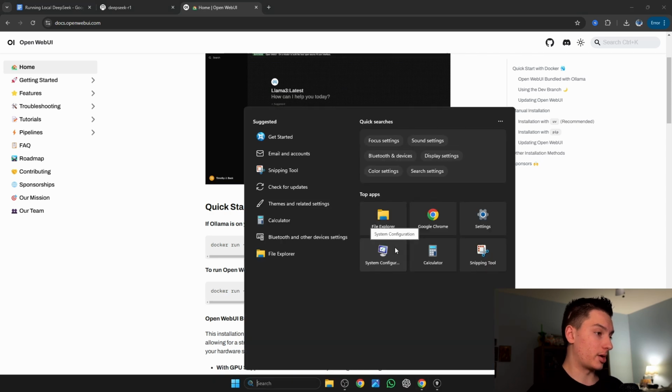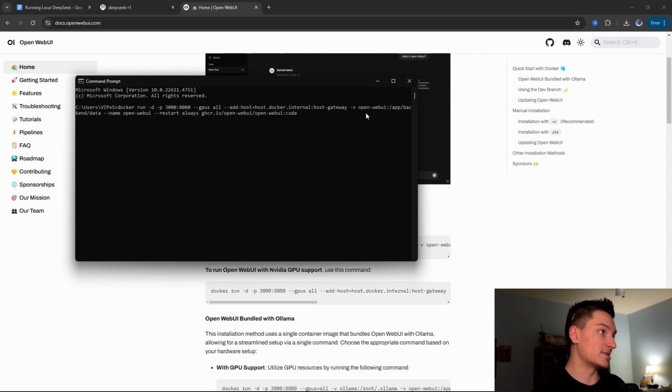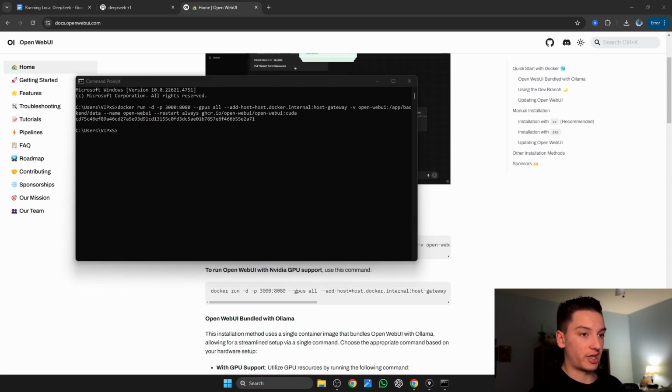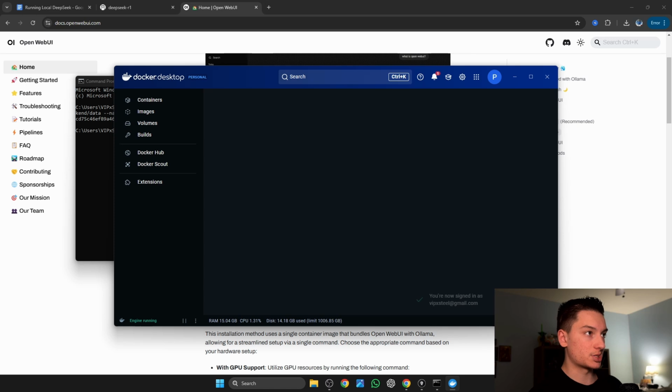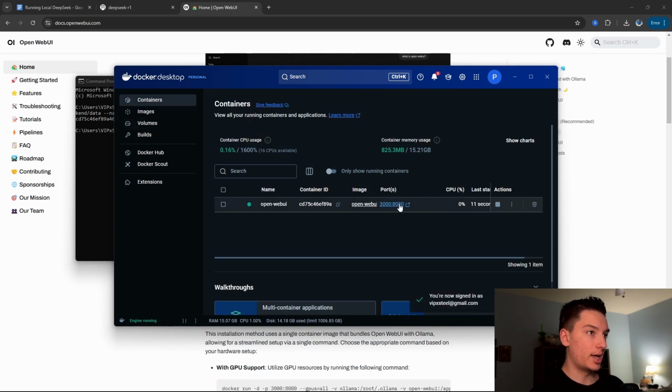And then I'll open up another command prompt, so CMD, enter, and I'll go ahead and paste this in, and I'll hit enter. Okay, and so what this has actually done is, if I come down here to the bottom right, this little arrow shows us our running apps, and I come over to Docker Desktop. You can see that we have this container called Open Web UI, and it's actually accessible at this port, localhost